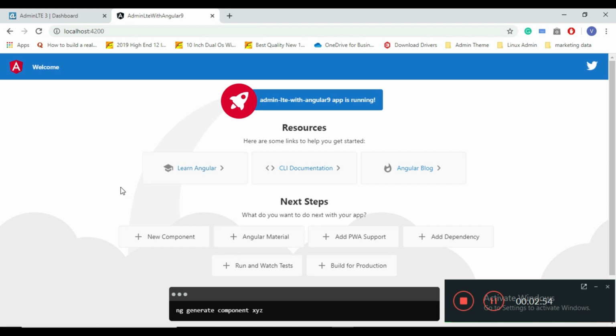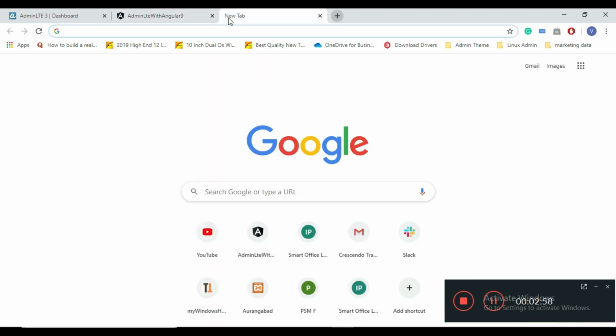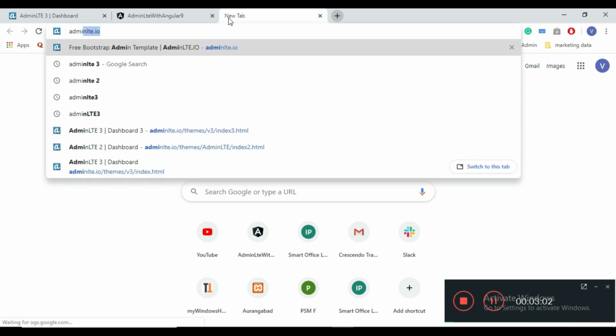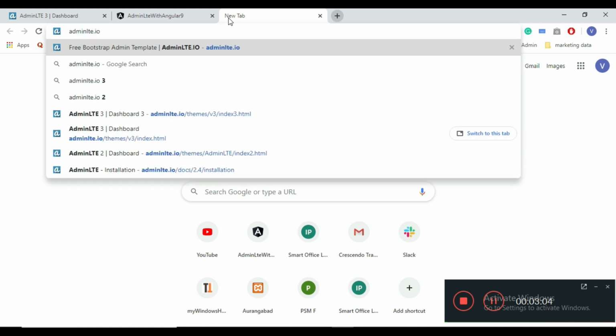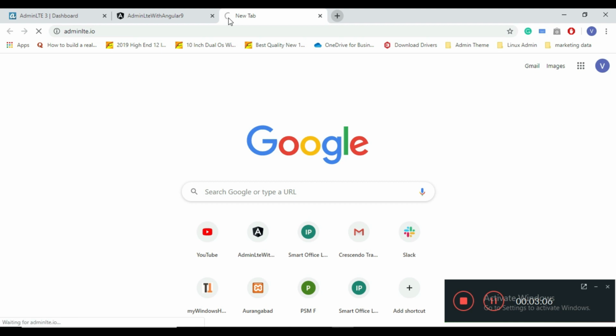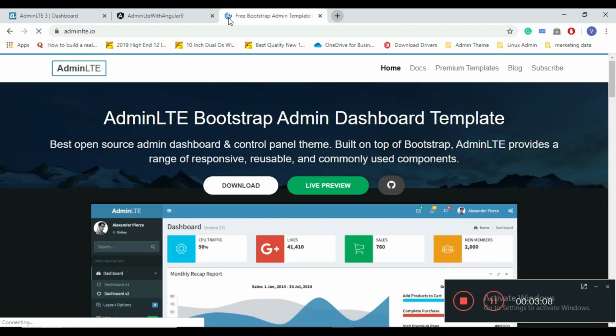So now we will install AdminLTE dependencies in the Angular project. For that, go to adminlte.io.